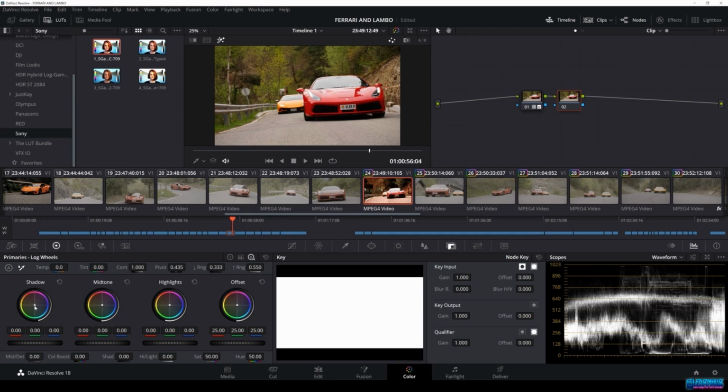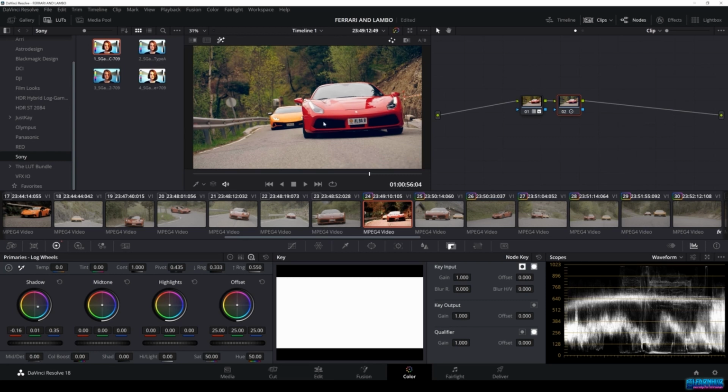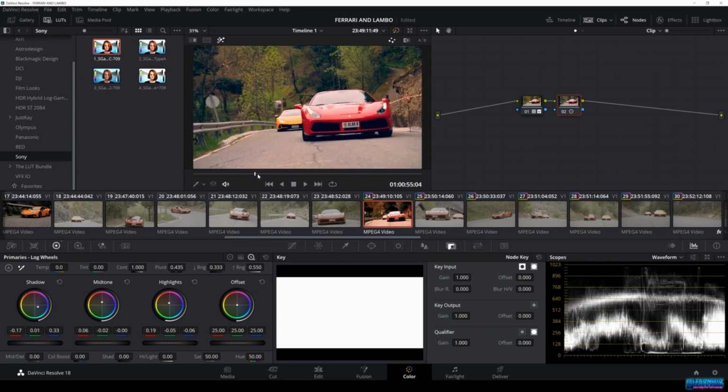Okay, so the shadows, let's go more into the teal look. You see how it changes? Hold on, let me close this. You see how it goes more into the blue. The shadows, this black starts looking a little bit blue. The dark parts of the forest start looking a little bit bluish. And the highlights, as I was saying, a little bit more into the teal and into the orange. Okay, this looks terrible, but still we can tweak it a little bit and it starts looking a little bit